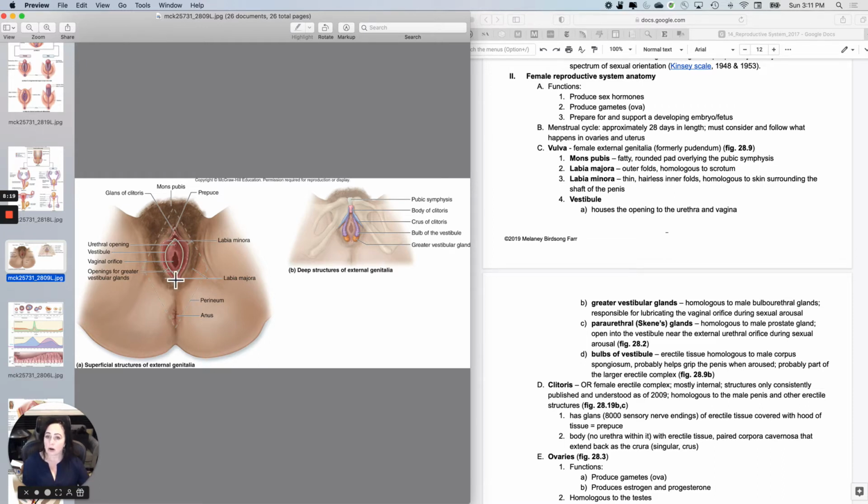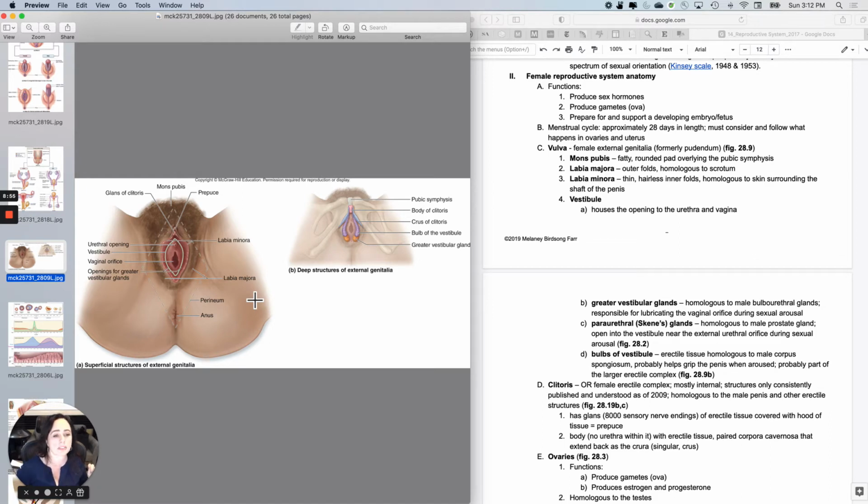And these are homologous to the male bulbourethral glands, which do really the same thing, right? The bulbourethral glands will secrete upon arousal in a male, and in a male they actually cleanse the urethra, but they also lubricate the tip of the penis upon arousal. Well, upon female arousal, the greater vestibular glands do something similar. Of course, they don't have anything to do with the urethra, but they lubricate the opening to the vagina upon arousal. And then there are the